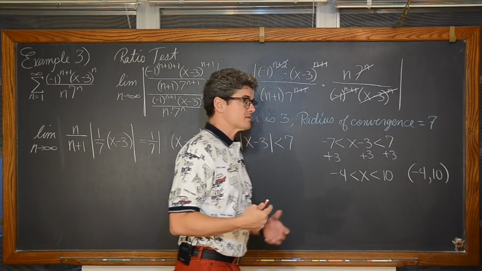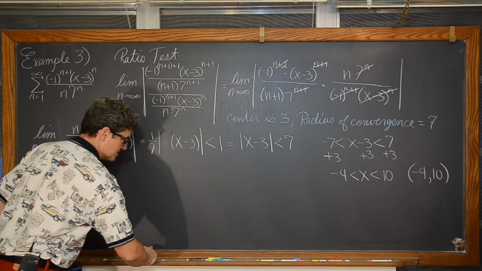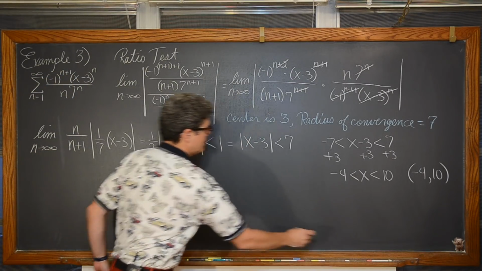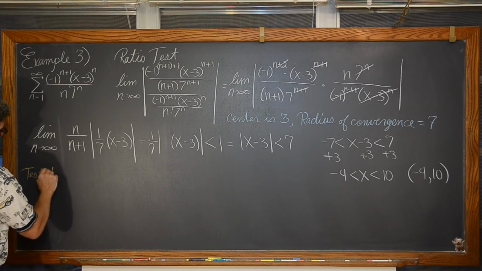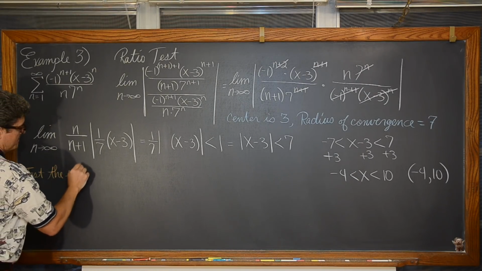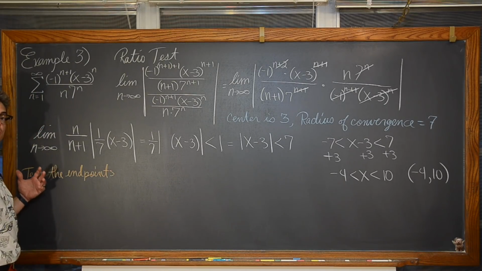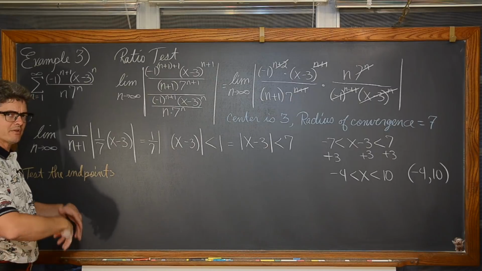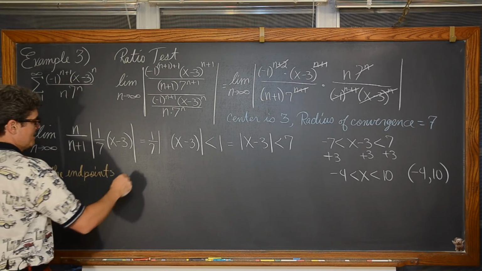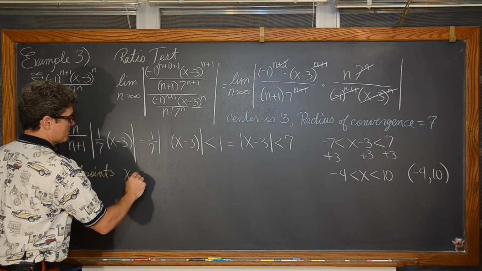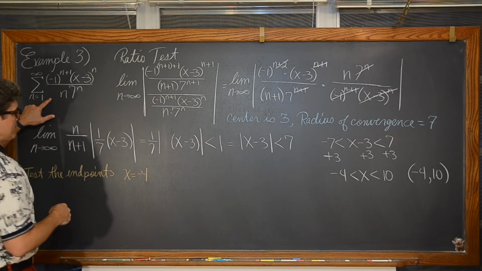So now we need to test the endpoints, and I'm going to try and squeeze this down in here. I'll pick a different color so you can tell the difference of what I'm doing. Test the endpoints. Very easy for students to forget this part. My textbook that I teach from even acknowledges, hey, don't forget to test the endpoints. So what about when x is equal to -4? I'm really afraid I'm going to run out of room here, but we're going to be looking at